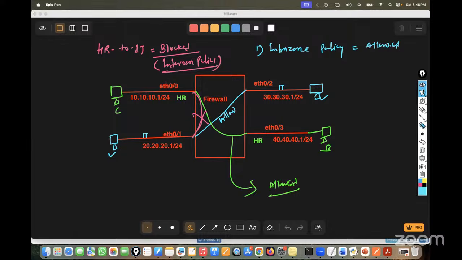Always the very first thing to check is routing. If there is no routing, even if the zone is same, it is not going to work. So routing must be there. Second, NAT policy, if applicable. It is not necessary, but this is the second thing. And third,